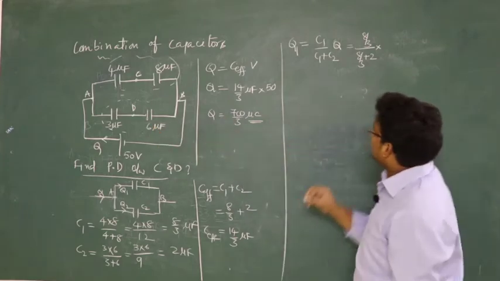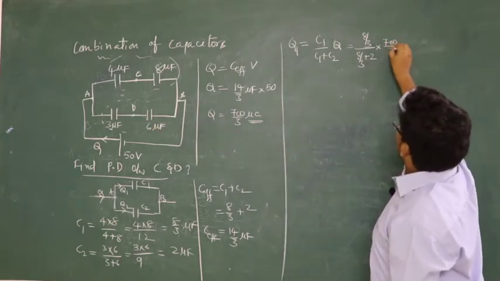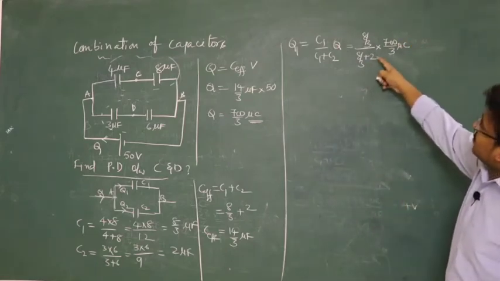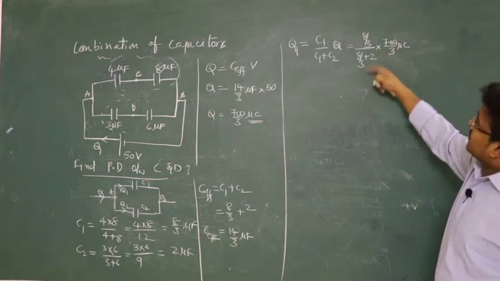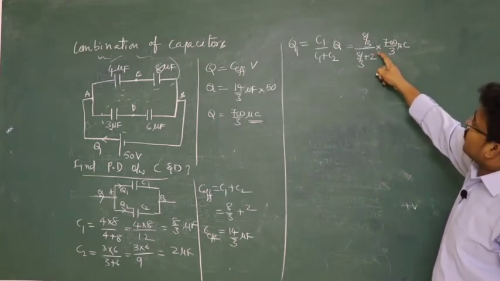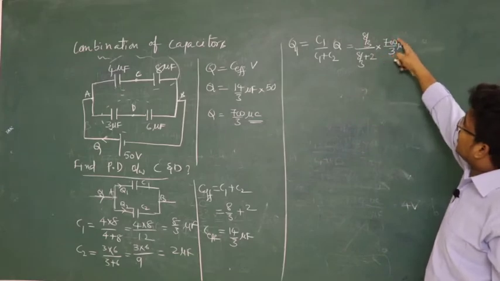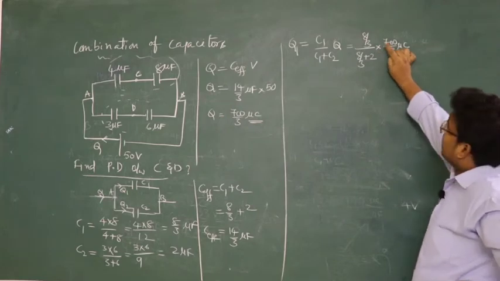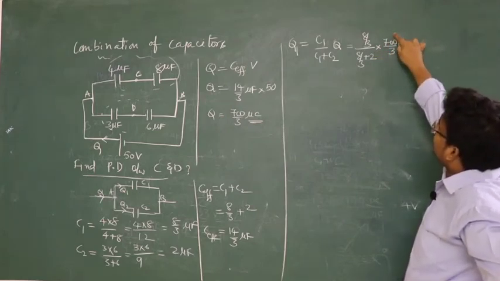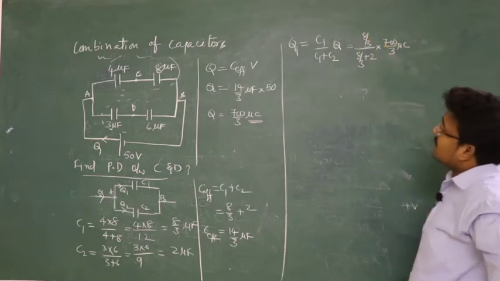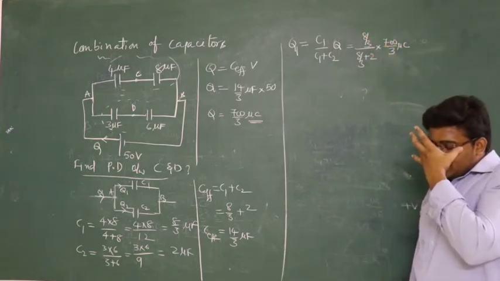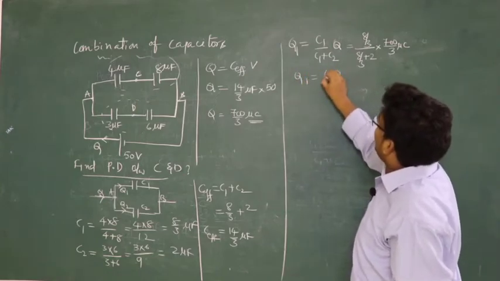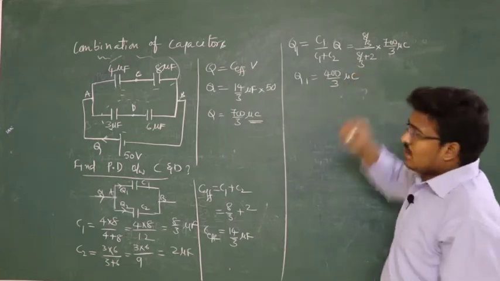Here total charge is 700 by 3, so 700 by 3 microcoulombs. If you solve this one, so here you will get 14 by 3. So cancels, so that here 14 left. So 14 means 7 2s are 700s are. Okay? So your 14 here, 700s are 7 2s are, means here 50 you will get. And this is 8. So 50 into 8 how much? 58 is a 400. So that Q1 we will get 400 by 3 microcoulombs.